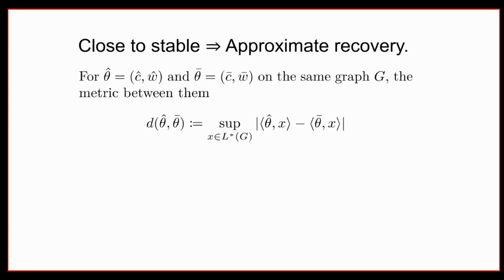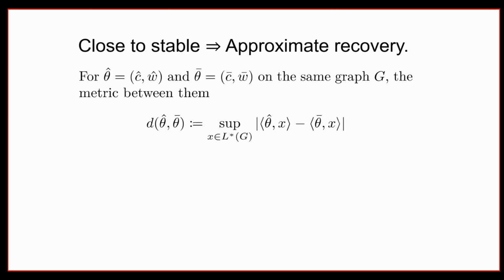So what we show is that if you assume the underlying theta satisfies something we'll call close to stable. We described what a stable instance is: if you perturb it, the exact solution has to stay the same. The earlier results showed that if the instance was exactly stable, then you can exactly solve the linear program. But if you remember from our earlier discussion, if you care about real world instances, you don't get the exact solution by solving the linear program, but you get something like 1% error. That is what we want to achieve.